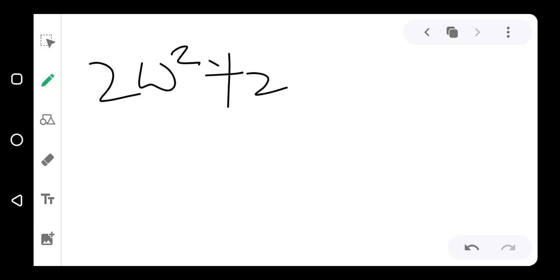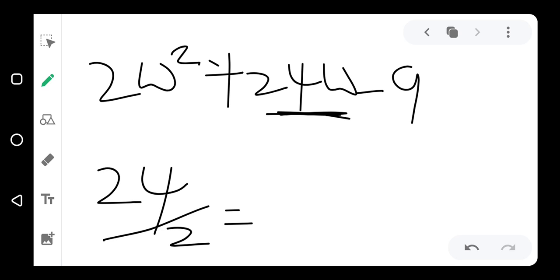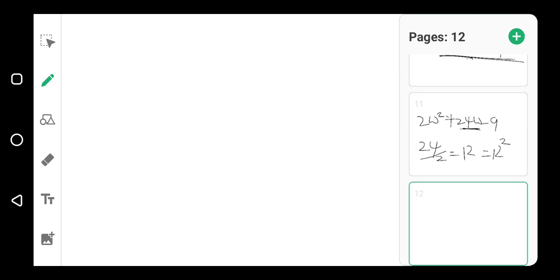Now we have another one, 2w raised to power 2 plus 24w minus 9. How do we do this one? We get the b, which is 24. So we say 24 over 2, that gives us 12. Now we see 12 squared, we add and subtract it,